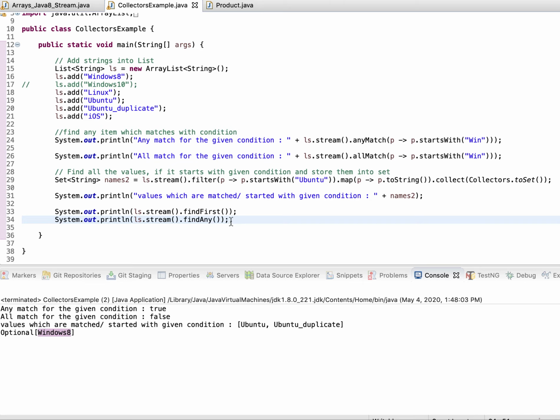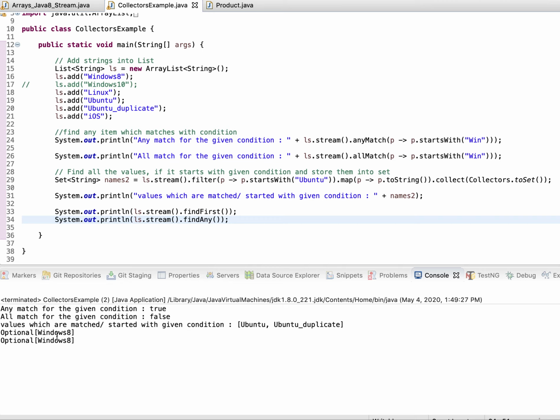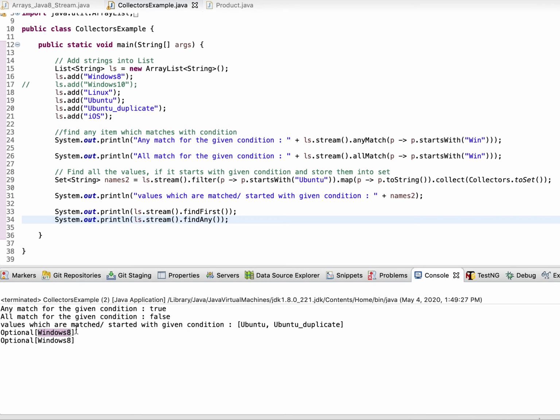So if you don't care what value comes from the list, go with findAny. If you want the first, go with findFirst. Let's run this. See, findFirst is giving Windows 8 and findAny is also giving Windows 8, but I cannot guarantee that this is going to give me Windows 8 or Windows 10 or Linux or Ubuntu. So it's random.